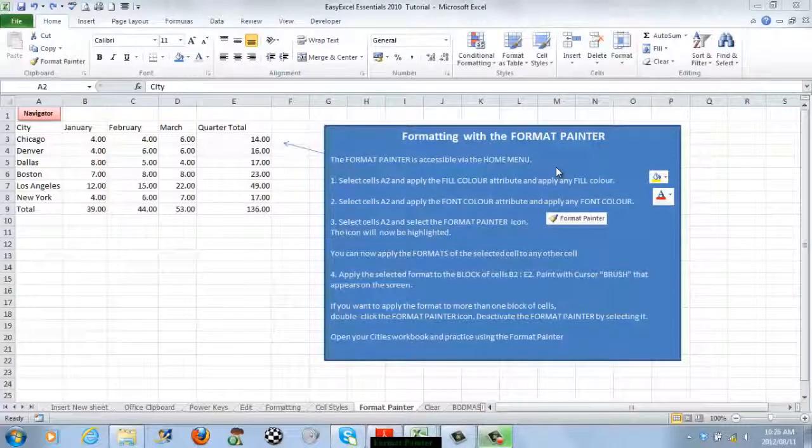Formatting with the Format Painter. The Format Painter allows us to copy formats in certain cells and apply them to others. For example, if we go into A2 and apply any fill color and also a font color, we could then select that cell, apply the Format Painter to it, and then apply the resident format in those cells to other